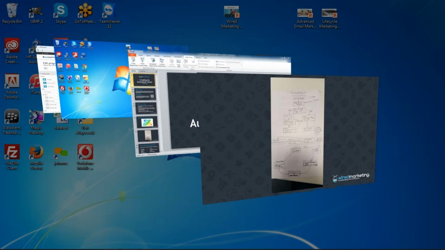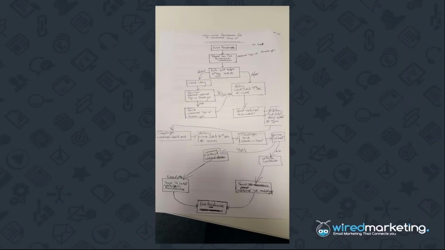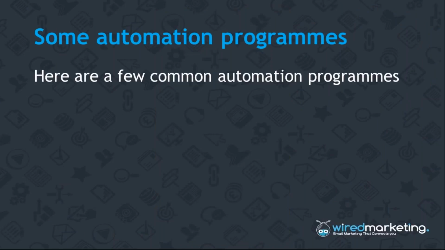Just another couple of considerations really, as I mentioned at the start of the webinar. There are pretty much an unlimited amount of customer journeys that you could potentially automate, and hopefully from that webinar sign up you can see how easy it would be to start introducing them into your marketing strategy. As I say, it's just a case of knowing where people are in the journey, where you want them to get to. But a few more common automation programs that I did mention in last week's webinar as well,